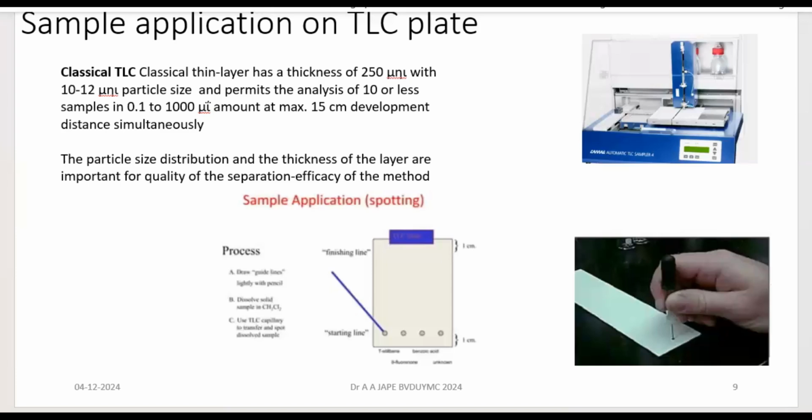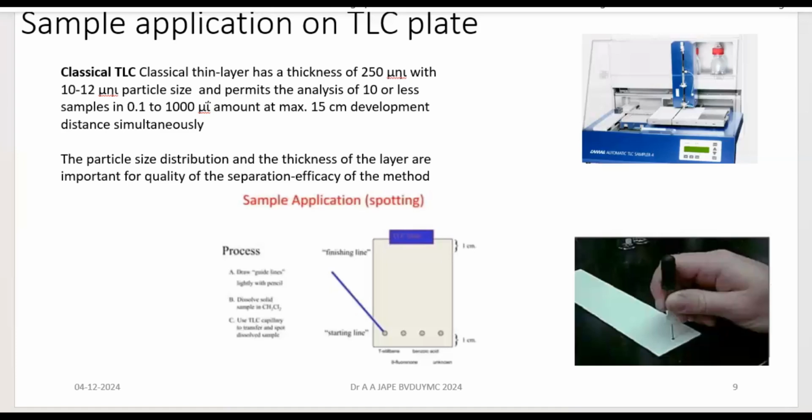Now, once your TLC plate is ready, you have to go for application of sample. When we say classical TLC, the thin layer has thickness of, as I said earlier, 250 microns and 10 to 20 micron particle size that is used. So it is going to permit analysis of 10 or less number of samples. When we are talking about application of sample onto the plate, very less amount, that is 0.1 to 1000 microliter maximum, is to be applied onto the surface of the